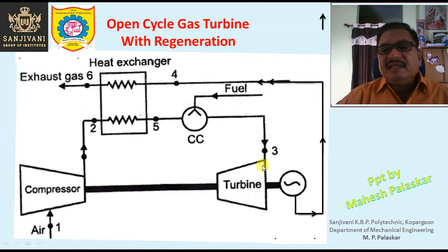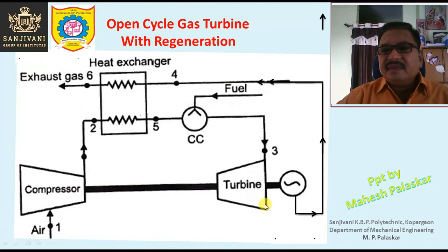Inside the turbine it will expand. First of all, it will pass through the nozzle so that the pressure energy is converted into kinetic energy, and this jet of the gases having high kinetic energy hits the turbine blades, and the kinetic energy is imparted to the turbine, so the turbine starts